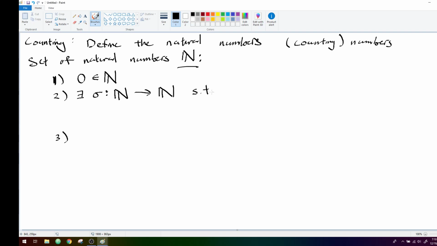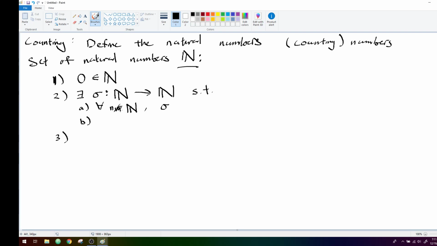Such that, and we want this function, which is a lowercase sigma here, to have two special properties. The first one is that for every natural number you can think of, so for all lowercase n inside this fancy uppercase N, for all natural numbers, sigma of,